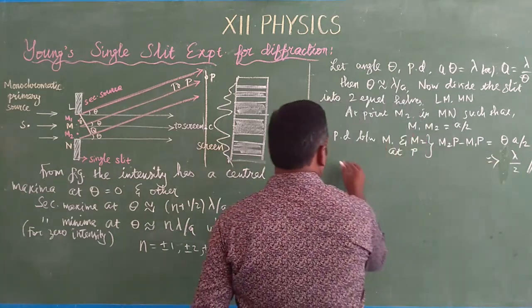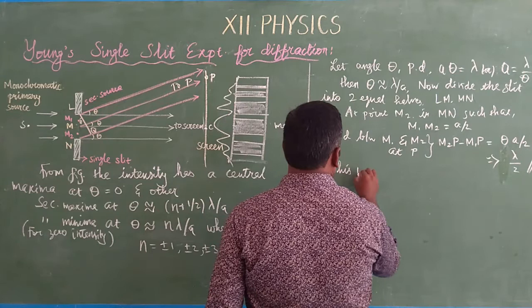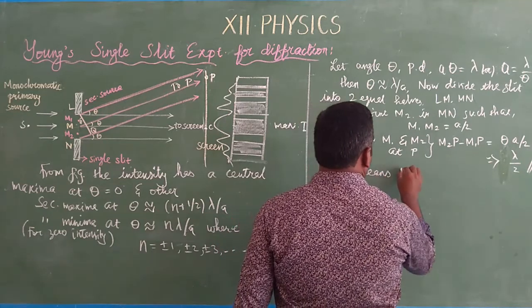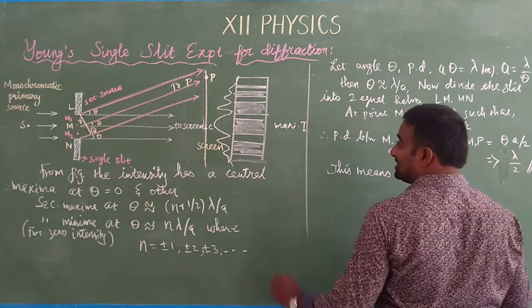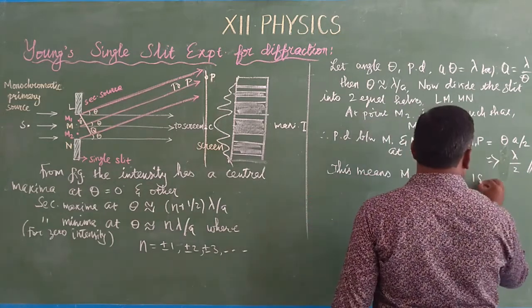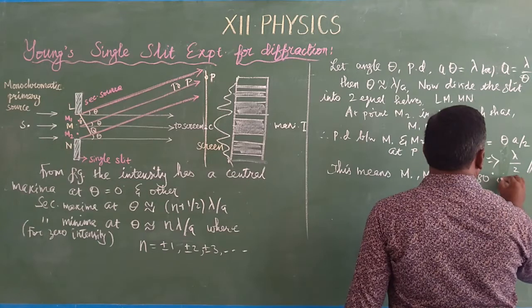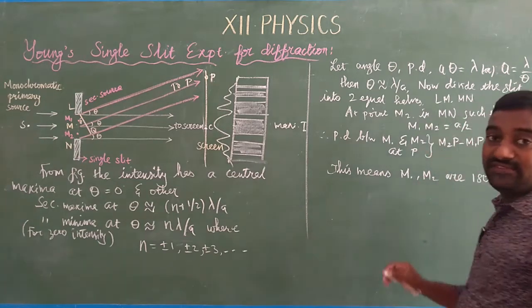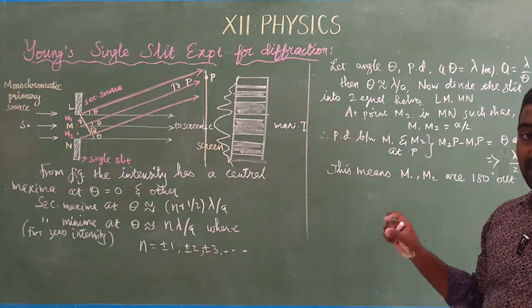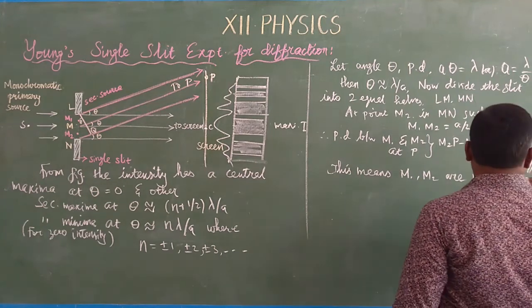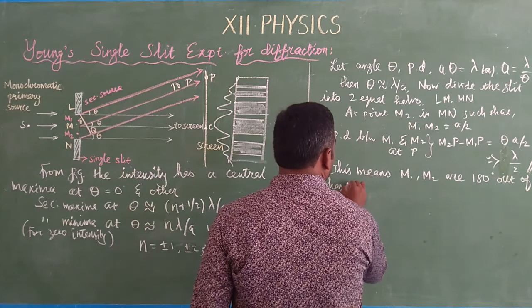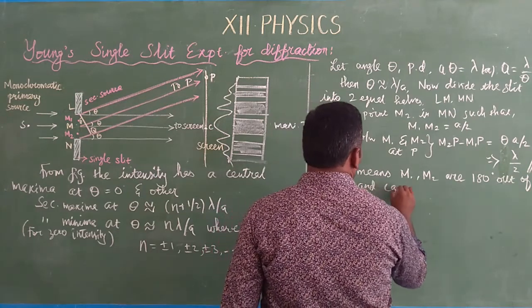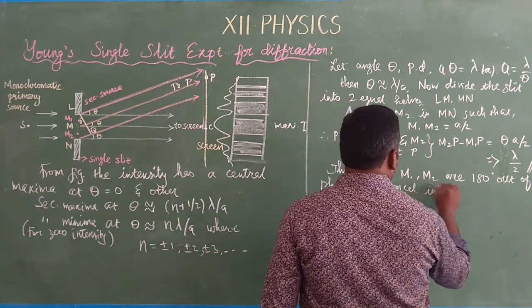So this means M1 and M2 are, what is the angle? 180 degree. Parallel, no? It is a 180 degree. But the phase is not, it is in phase. M1, M2 in this case is not in the phase, out of phase. So out of phase and cancel in direction